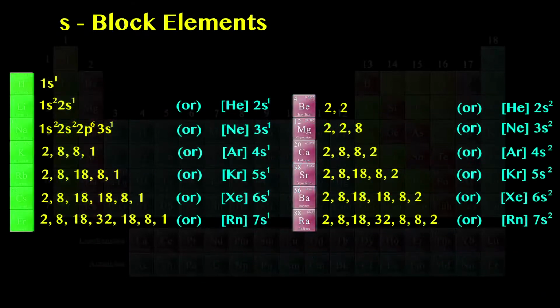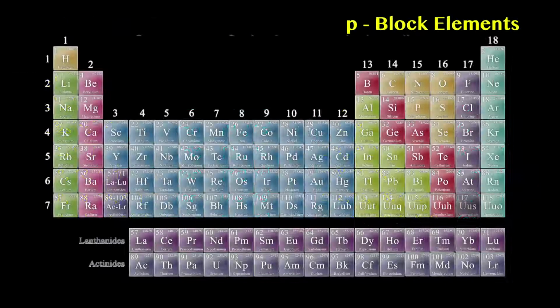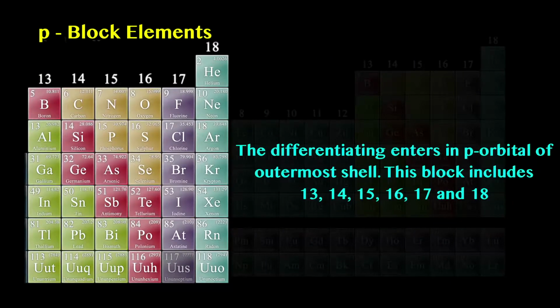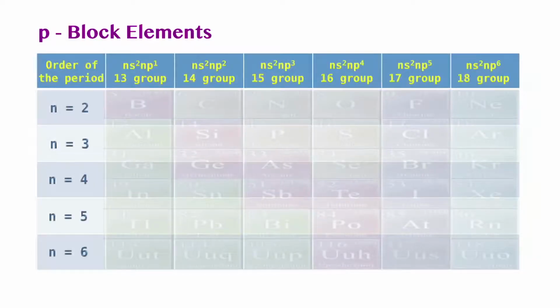This is group 1 and this is group 2. Already we discussed the electronic configurations of these two groups. And next one is p block elements. If you observe the groups from 13th to 18th, in the 13th group, the elements are boron, aluminium, gallium, indium, and